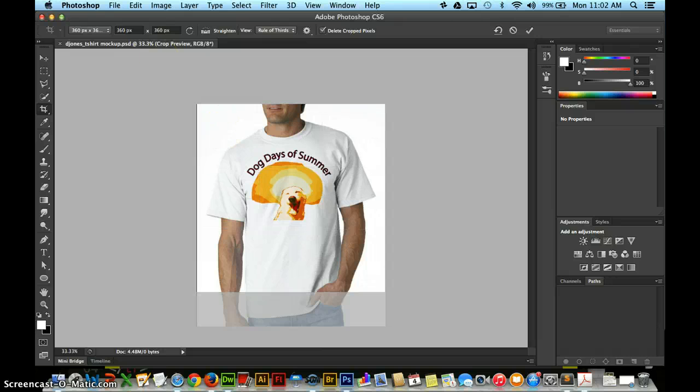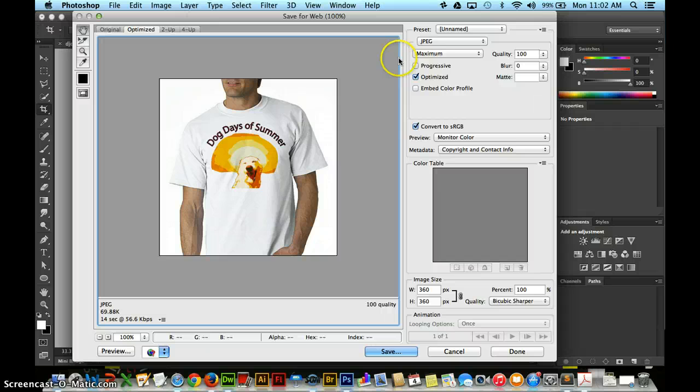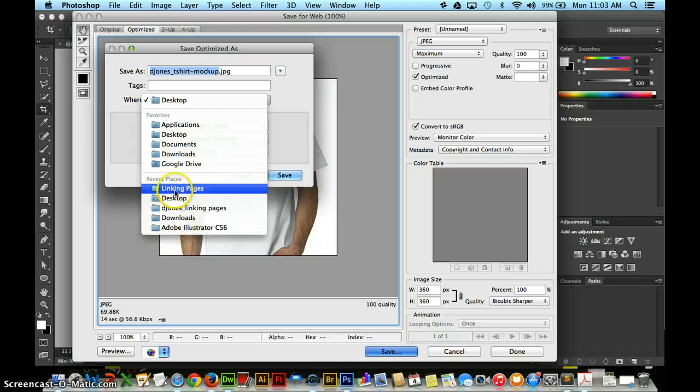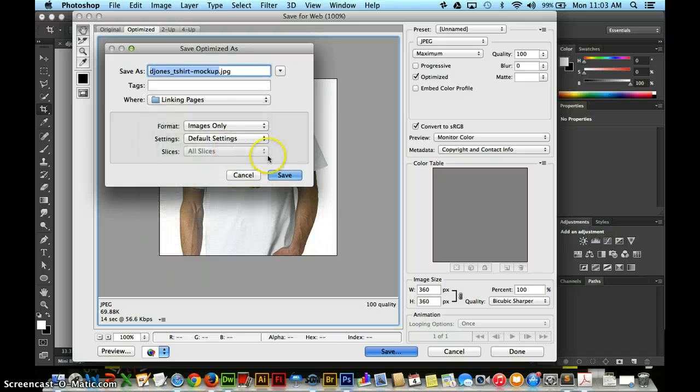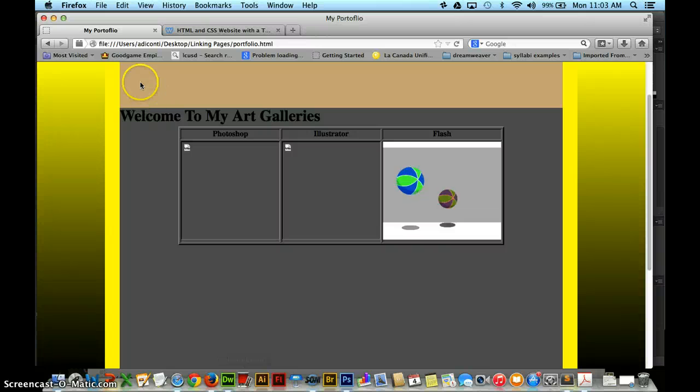I'm going to hit Enter to apply, and now go to Save for Web. Save for Web saves it as a JPEG, and then I'm going to save it into my folder. My folder, as you know, is my linking pages, and I'll save this as Pick 1, I believe that's what it was called. So I'm going to save it, and I think if I just refresh this,